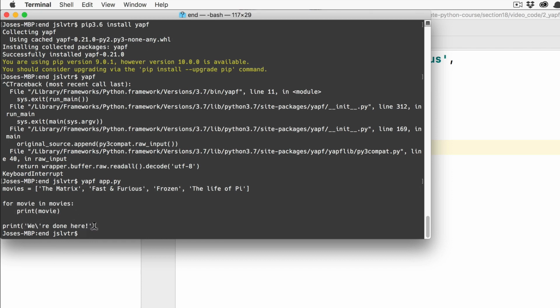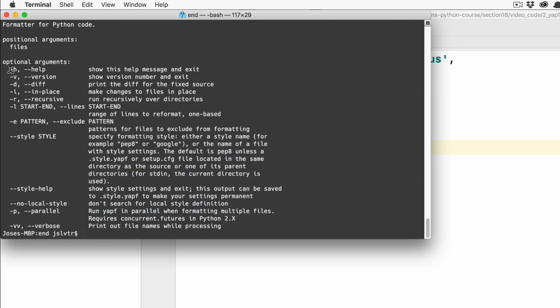So yapf hasn't really cared about that. And I can get behind that. I think this is okay. But there are other formatters that would change that. So if you like this, then you can just do yapf --help, and it'll tell you the different options you can